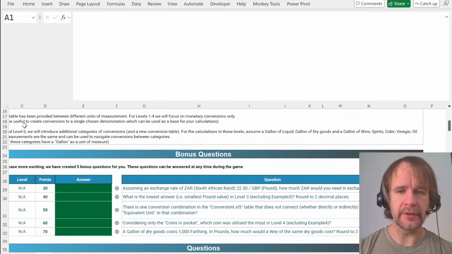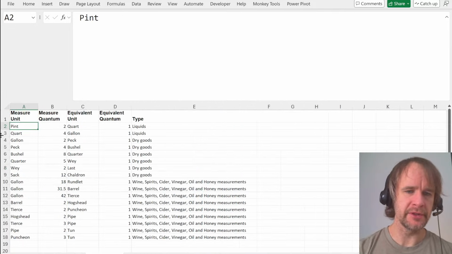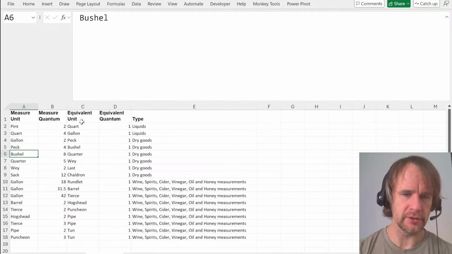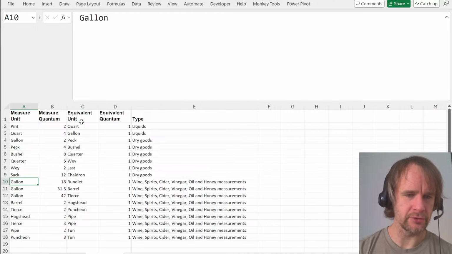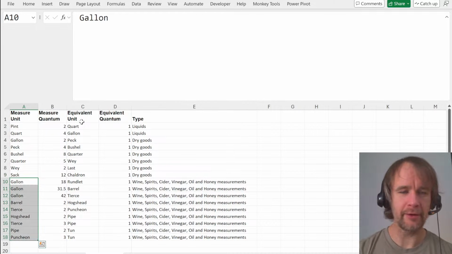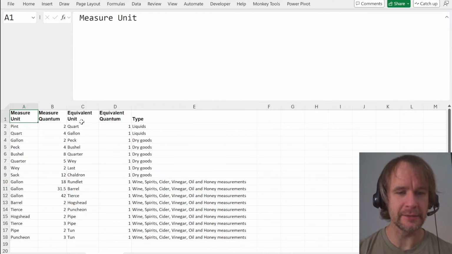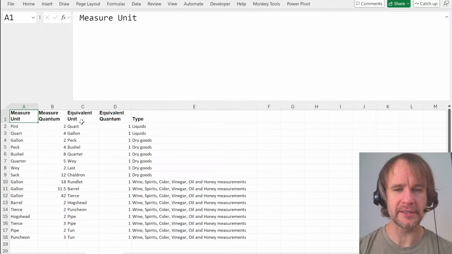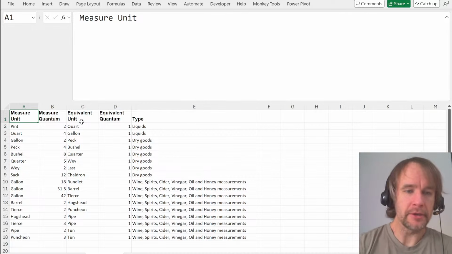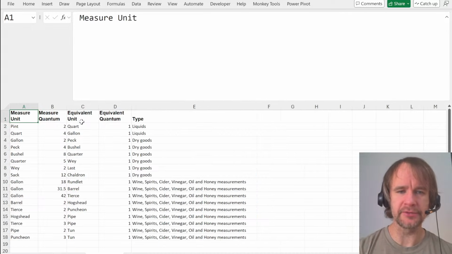And the case just asks you to do various conversions, and then over here you've got a whole other thing of like pints to quarts to gallons to pecks to bushels to weighs, lasts, sacks, chaldrons. This feels like a very Harry Watson case, but anyway, it was a Stain Volmeran's case in this case. But so basically the challenge of this case was,